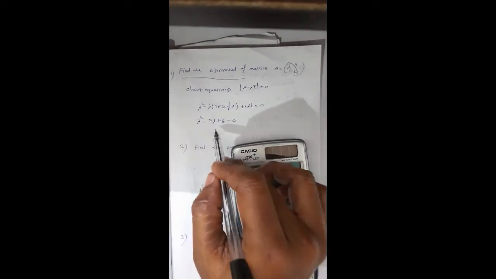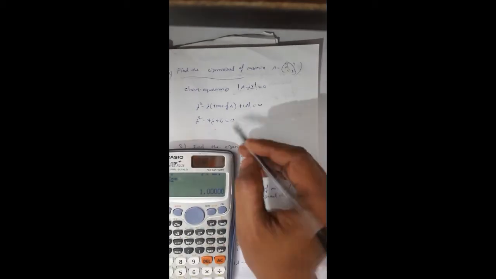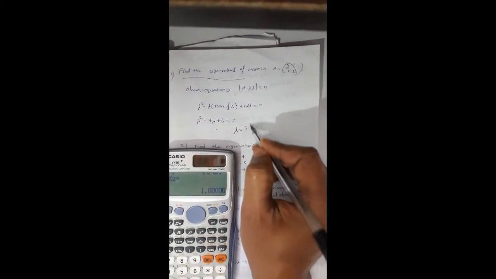Then quotient of A means here x square, it is of the type ax square plus bx plus c. Quotient of A is 1, B means minus 7, C means constant, that is 6. Then press equal to, you want the solution, no? So press equal button. So here you will get root, first root is 6, second root is 1. So your roots are lambda equal to 1 and 6.